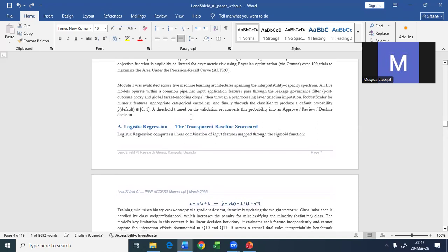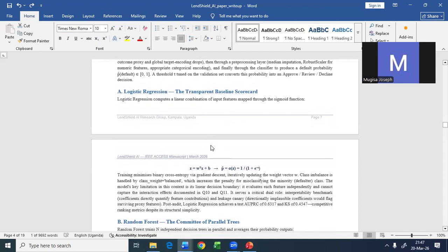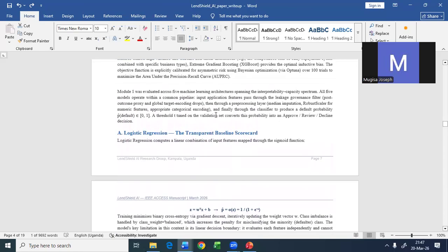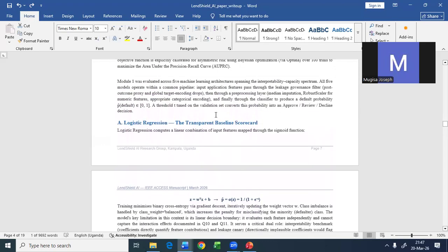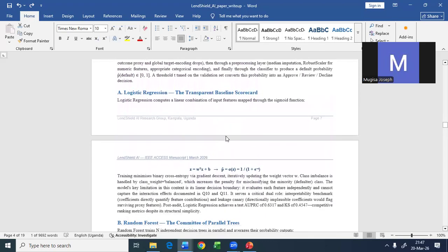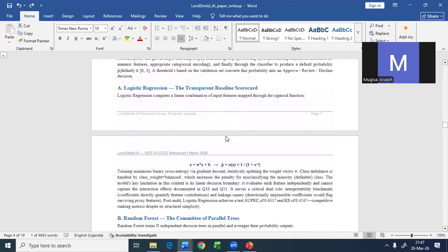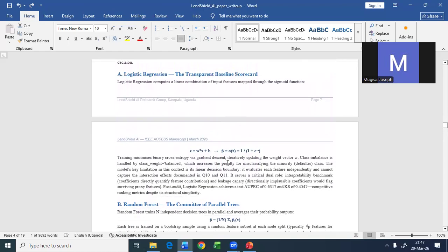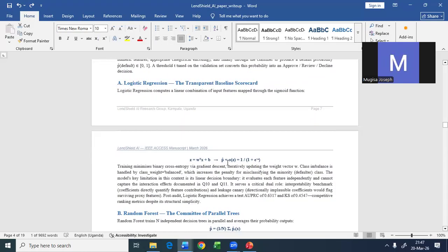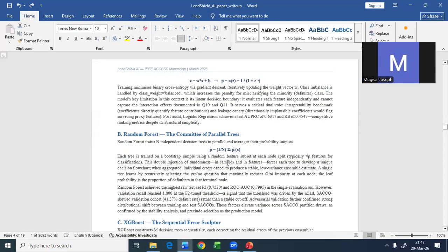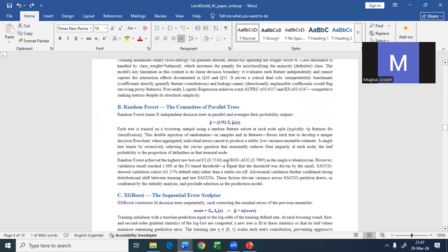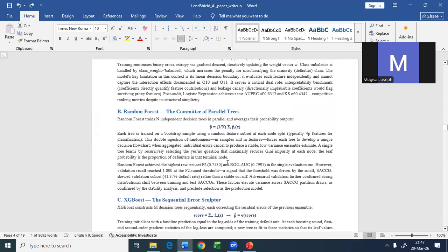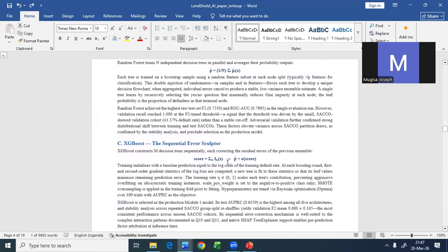We happen to discuss these modules and look at how they function, their architectures, throughout. When we evaluated this module across 5 architectures, we had to devise a mechanism of selecting the best model. We used the threshold approach, which we discussed, but I will wrap it up because of time. We used threshold tuning, and then we had to base on our policy in order to come out with the best model.